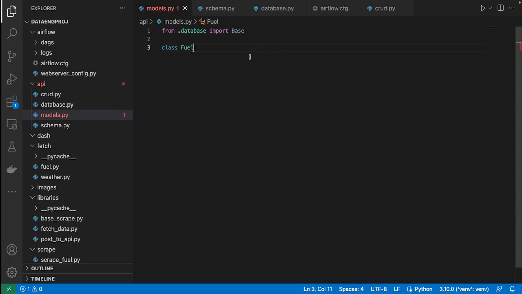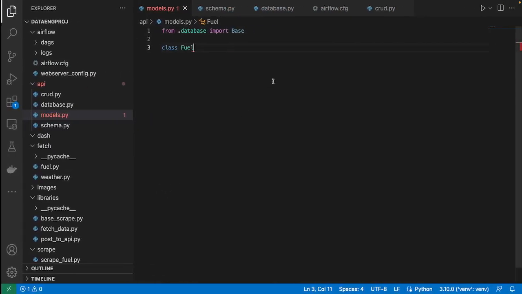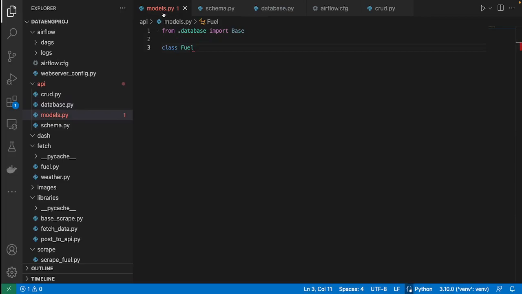Plus, remember I said that we are going to have our data here in the schema here. Please, we are not defining it in database here whenever we are creating an engine. There is documentation that shows you that you can define it here, but for the purpose of creating models,